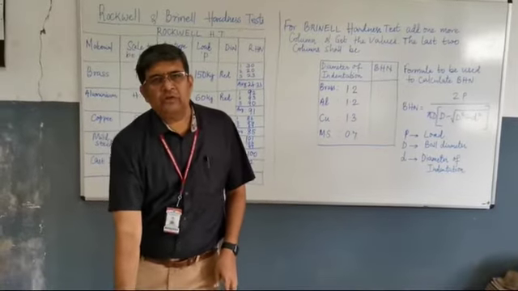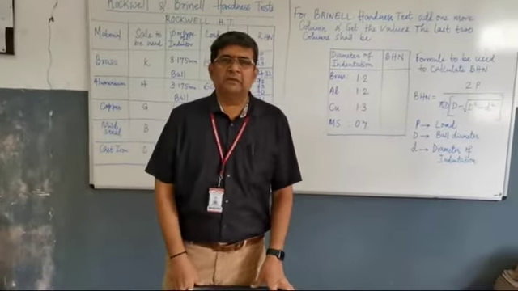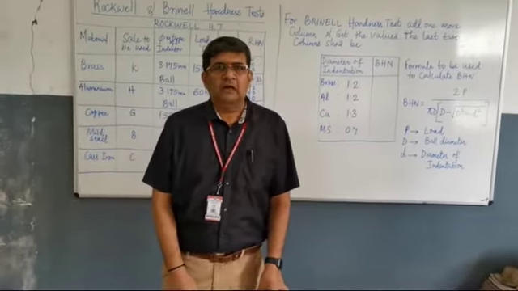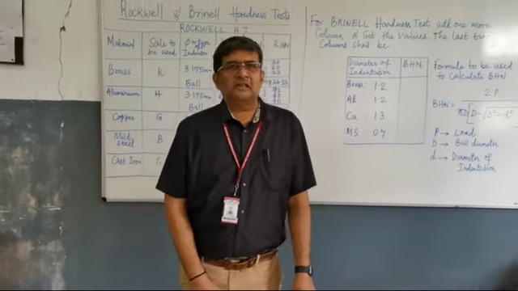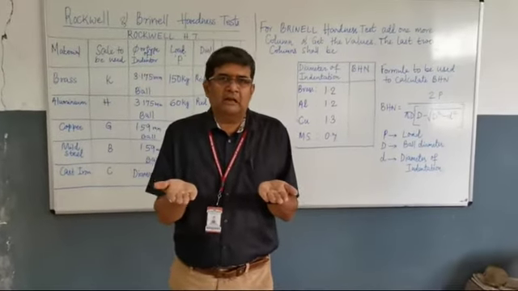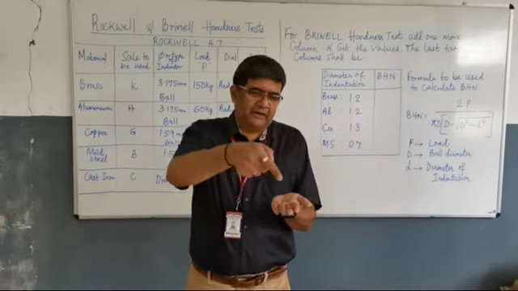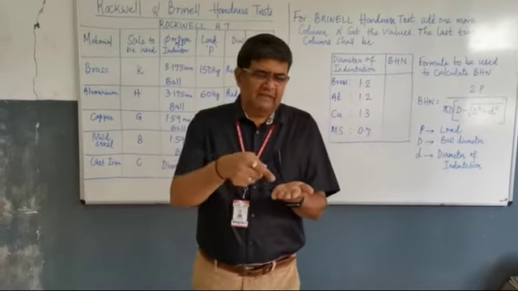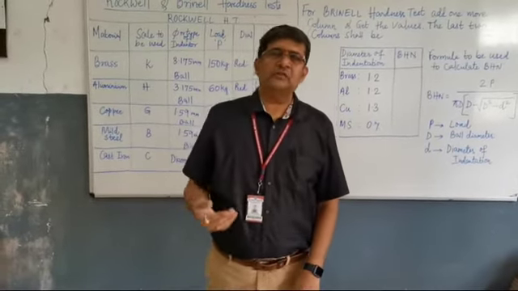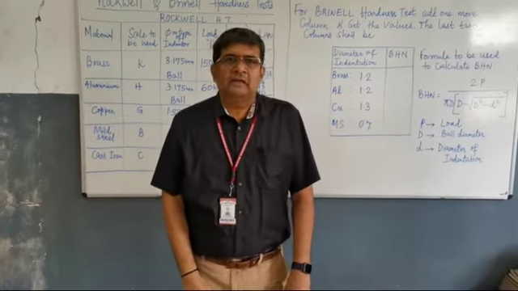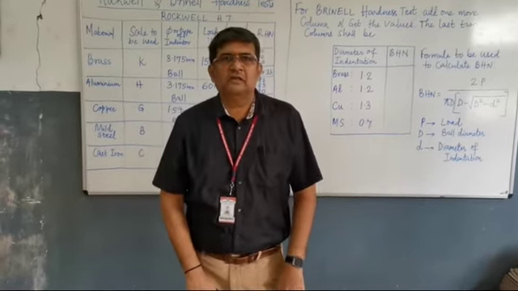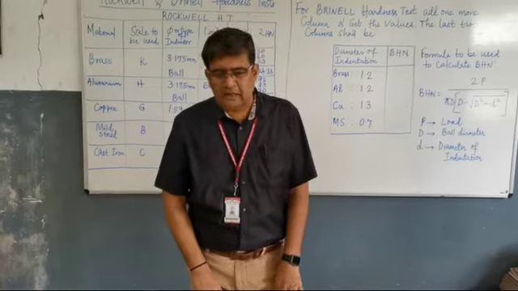Now before we actually go into the process of conducting the experiment, we need to understand the meaning of hardness. Hardness is basically a surface property, and we say that hardness is resistance to indentation. For example, if I take wood and any metal and a sharp object and try to make a mark, we know that we can easily make a mark on wood, while on metals it is slightly difficult. So the resistance to indentation is termed hardness. That is, it does not undergo plastic deformation on the surface quite easily. That is the basic definition of hardness.